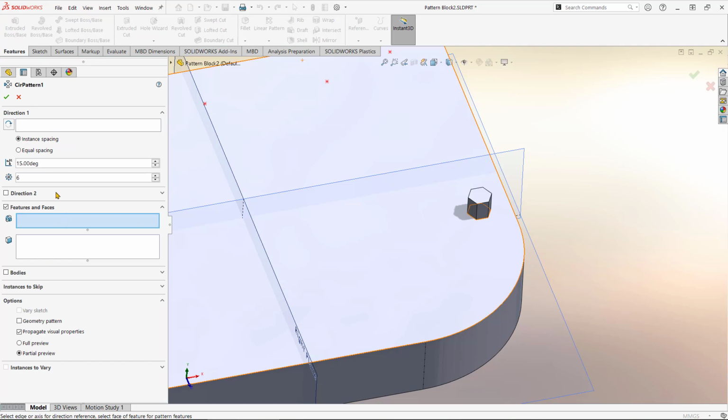Now the way that this is set up is it's prompting me to select the feature that I want to pattern first in this instance. So it's worth noting which one of these entry boxes is highlighted in this blue color, because that is the one that you're about to select something to put into. So I'm going to select this boss extrude. That gets put in the features to pattern. The direction in this instance is either a circular edge, a cylindrical face, or even